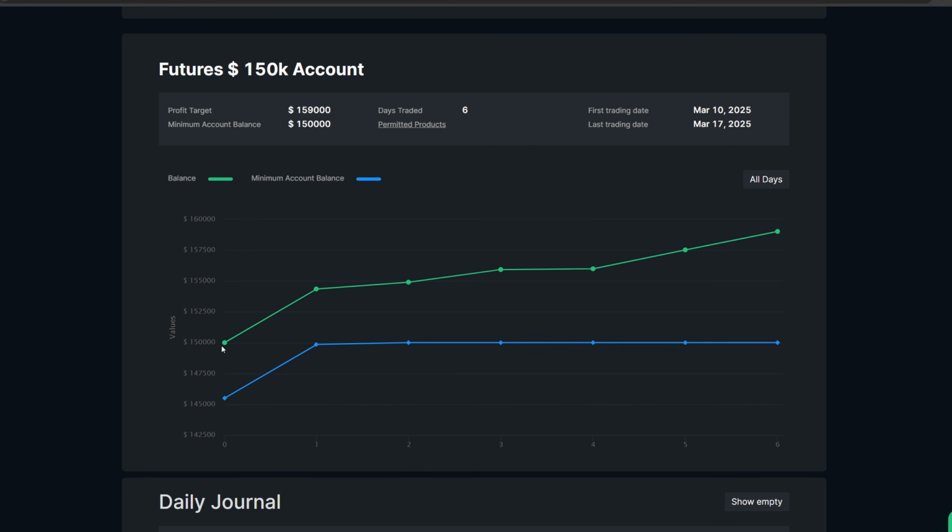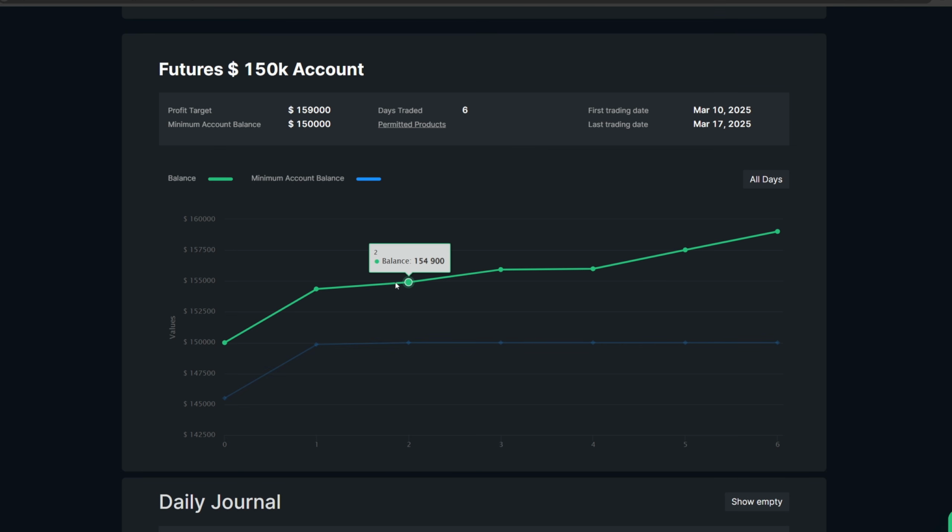So in a 50K account, your drawdown will start at $48,000. Now, I want you guys to understand how the drawdown is actually ratcheting up. You can see on day number one, I actually bring the account to $154,350. So that means I essentially made $4,350 on day number one. And we see the drawdown is essentially $4,500 below that price point. Then we can see on day two, I made a little bit more, bringing the total account balance to